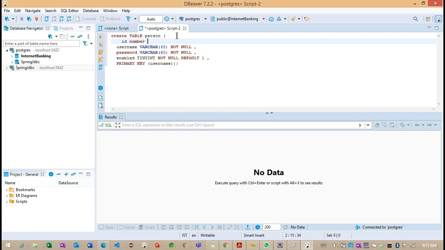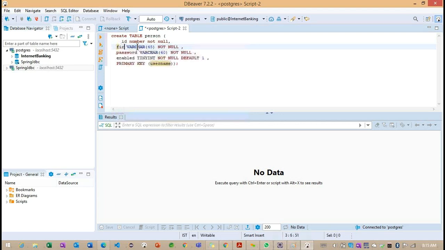ID, number, and we can go for the not null constraint. And finally, there is no username.